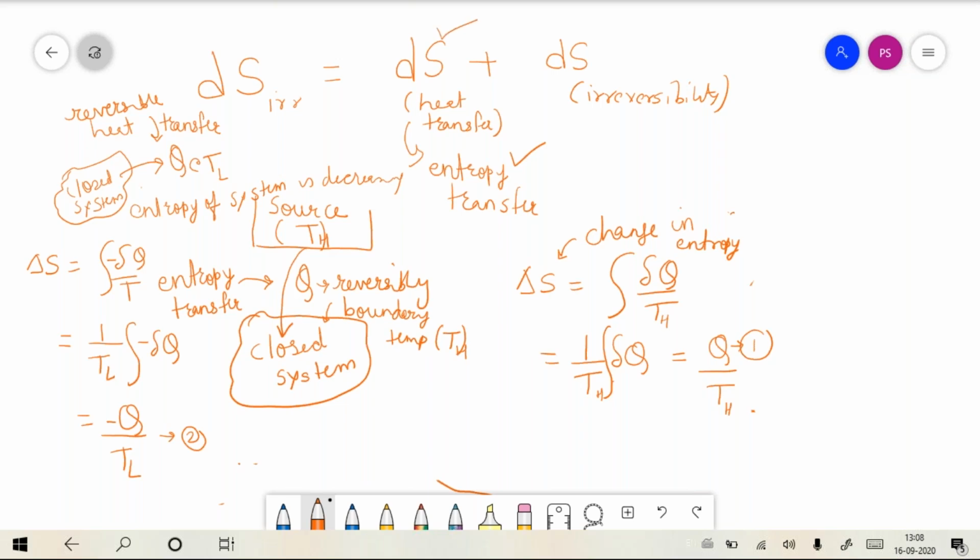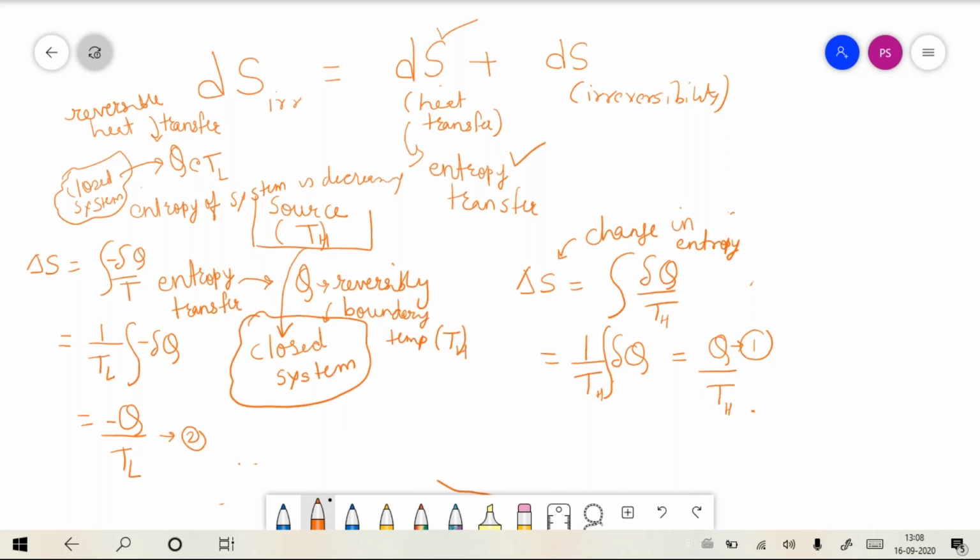So the first part of this expression, dS irreversible is dS heat transfer plus dS irreversibility. The first part of the equation is the entropy change because of heat transfer, and this entropy change can increase or decrease. The first part of the equation can be positive or negative depending upon the direction of heat transfer. This first part would be positive if the heat flows into the system,